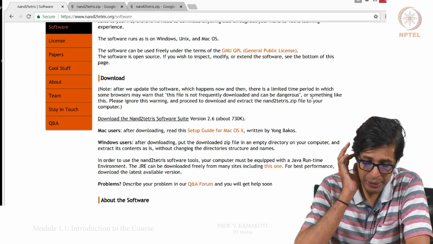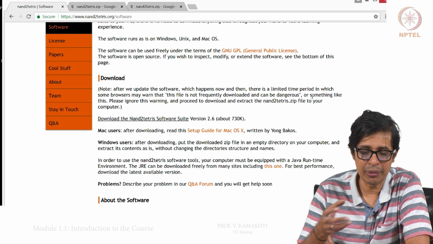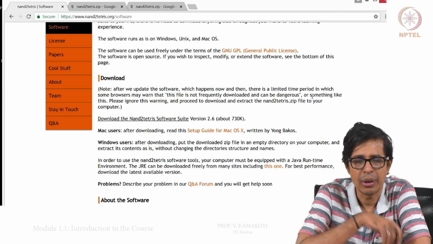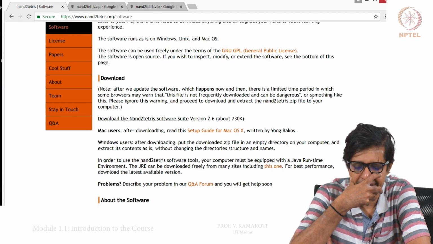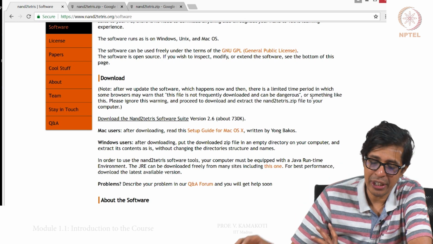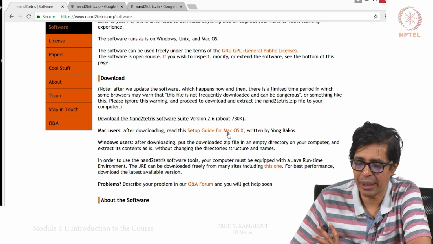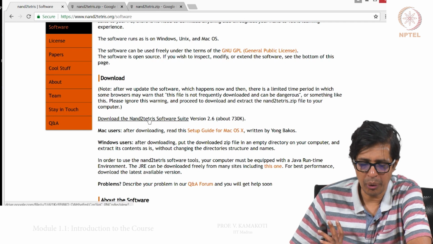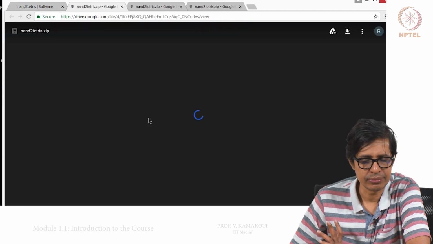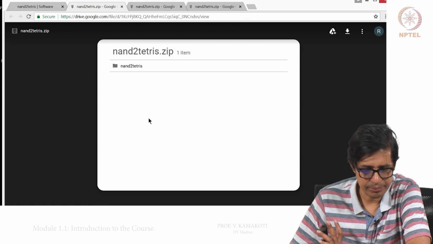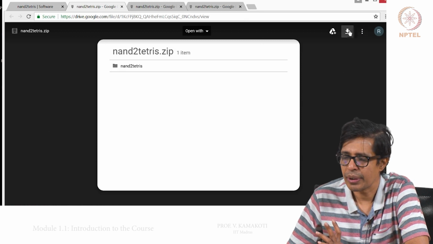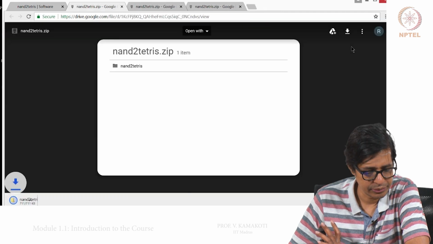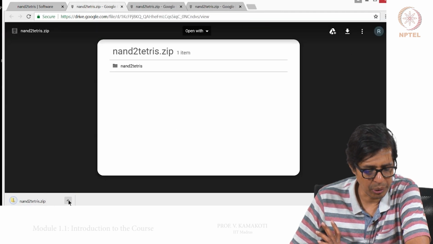The software can be executed on a Windows, Unix and Mac OS machine. How to execute on Windows and Unix are similar. For Mac OS, there is a setup guide for Mac OS X that we will be using. Now, I will first go and click this. I am just downloading it. So click for download, yes. This is downloaded now.